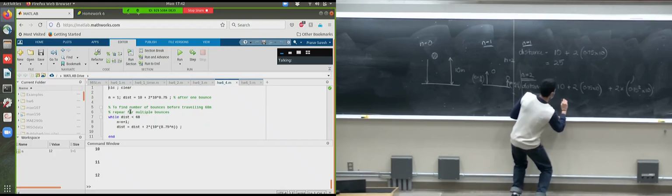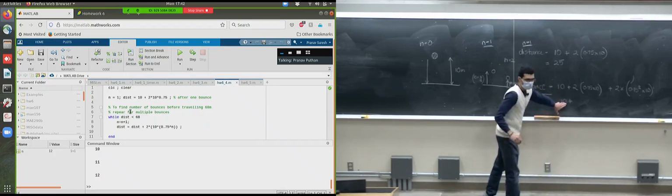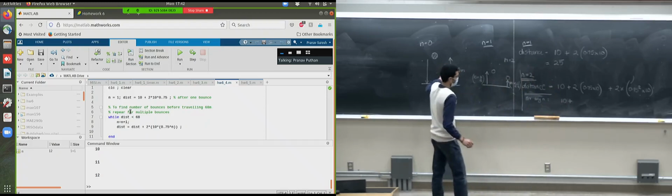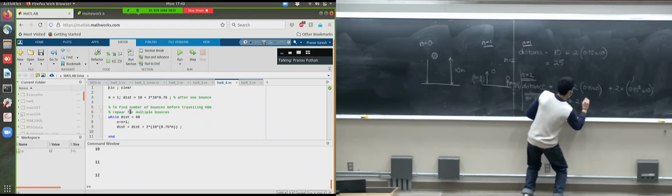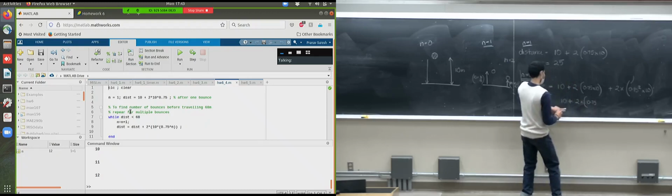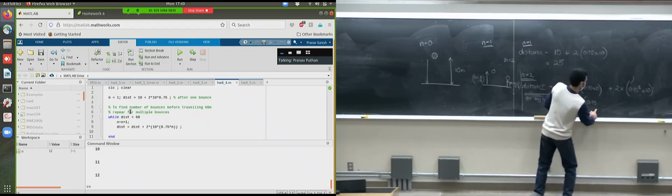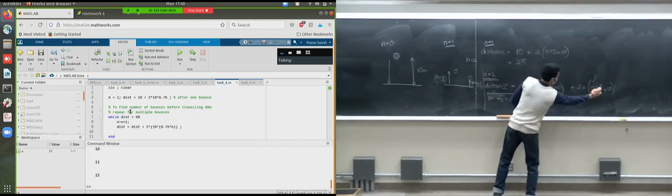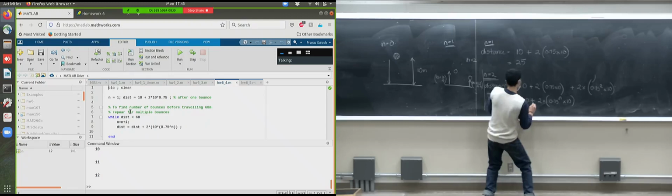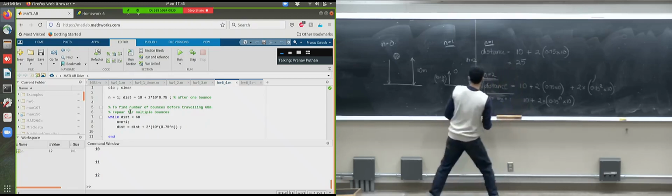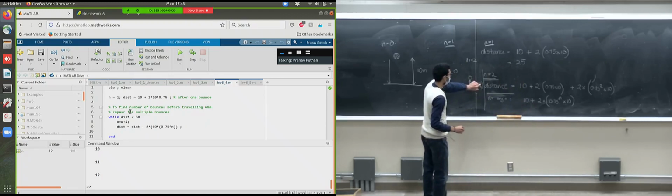The distance traveled is 10. This 10 is coming from the initial distance that it's covering, and this is always going to be there. And the remaining part is 0.75 to the power n, right? So this is the height that it's going to reach at